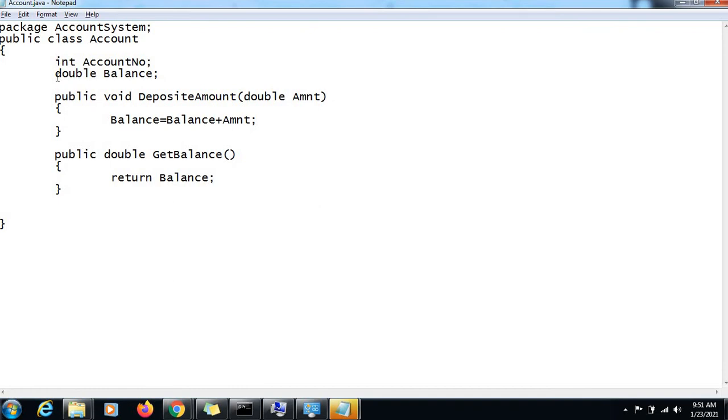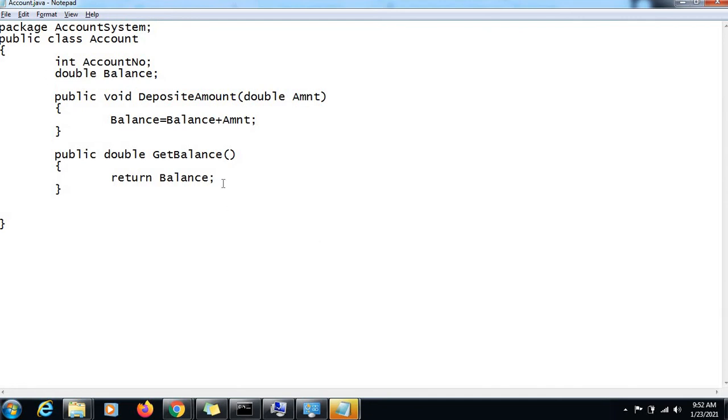Default access means when you don't mention the access specifier as public, private or protected. When you don't define it, it is called the default access specifier, and with default access the member can only be accessed within the same package. So if there is any other class present in this same package, then with the help of the object of this account class, we can access these members.